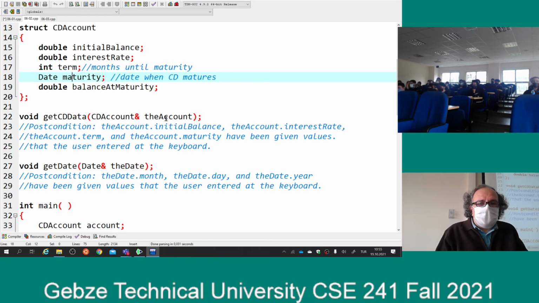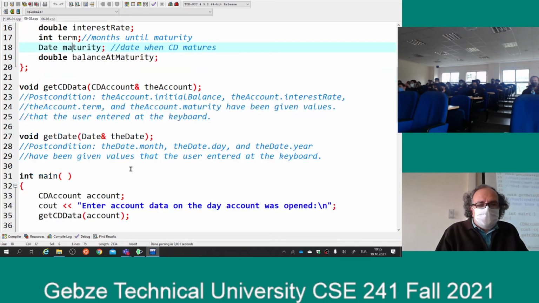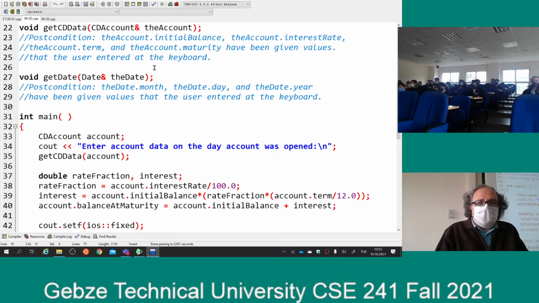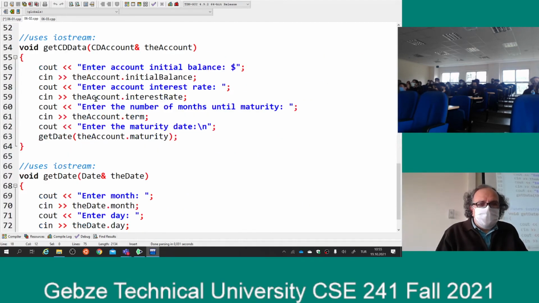It takes a CD account and it takes a date. It looks like both of them are going to modify whatever they take. Okay, so let me see. I am guessing that this get CD data will call this get date. Yeah, is that correct? Yeah, get date. So get CD data calls this get date, which makes things a little bit easier, because